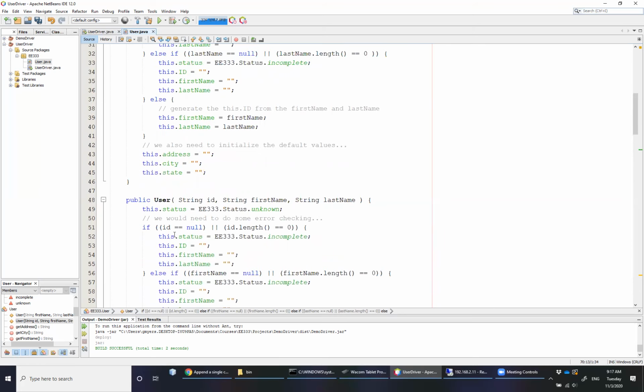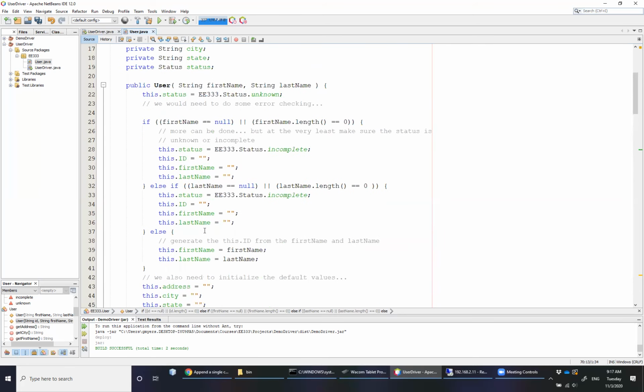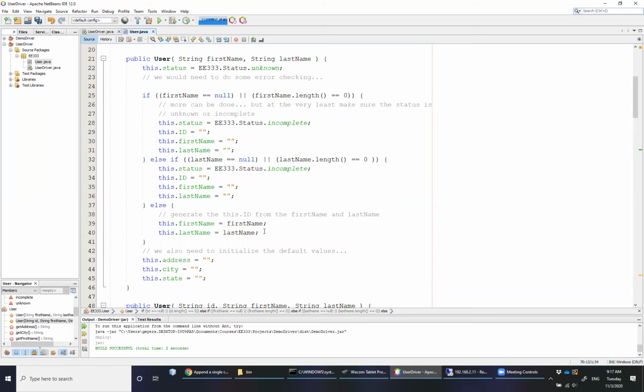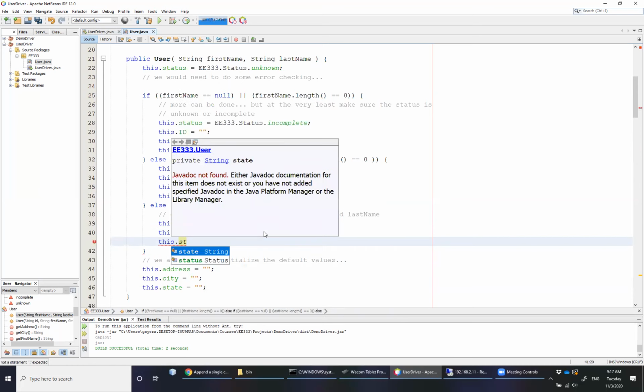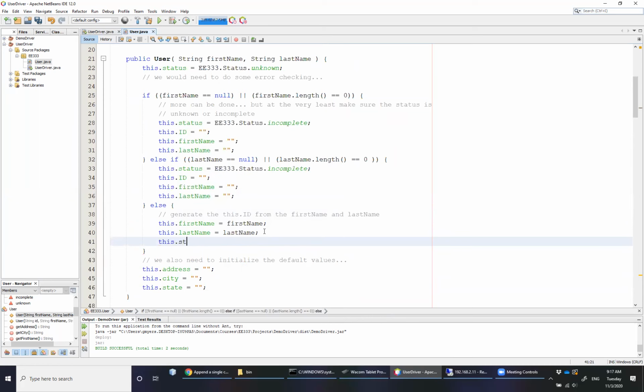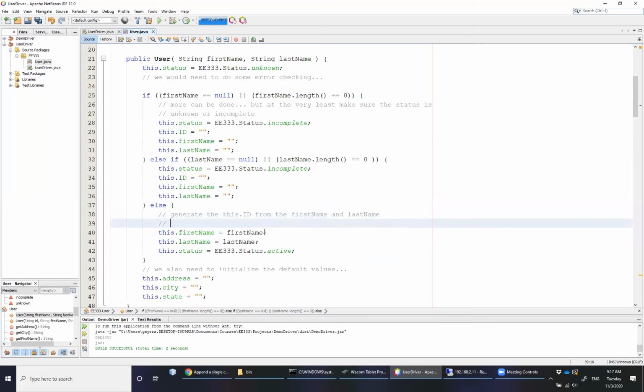But what we want to do now is go up here to our first constructor, and after we generate the ID, we also want to make sure to essentially activate our users. So EE333.status.active, which brings us back to how are we going to generate the ID? Well, we're going to use a very simple approach here. So use a simple combination